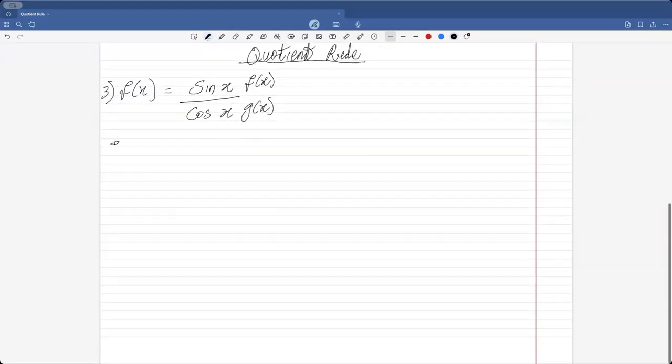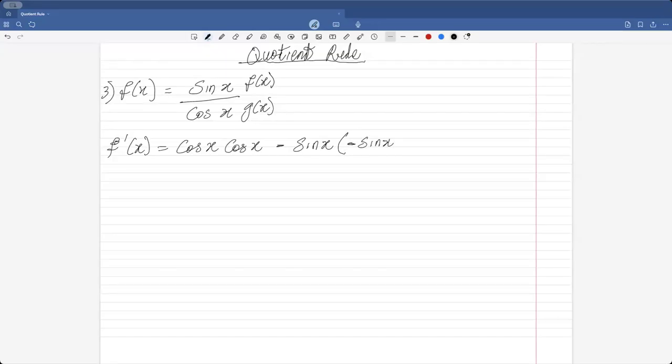So f prime x equals cos x, which is our g(x). So our f(x), which is sine x, the derivative of sine x is cos x, minus the derivative of cos x is negative sine x. So all over